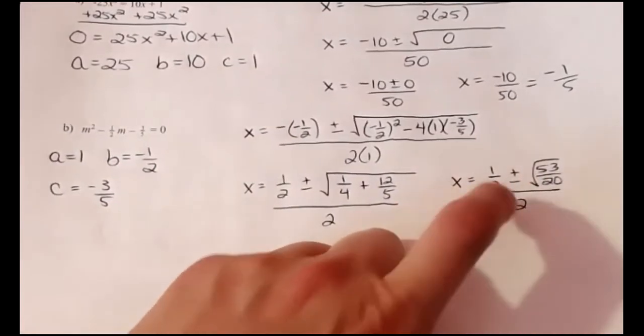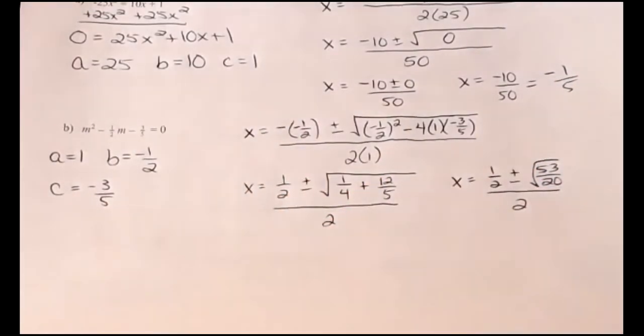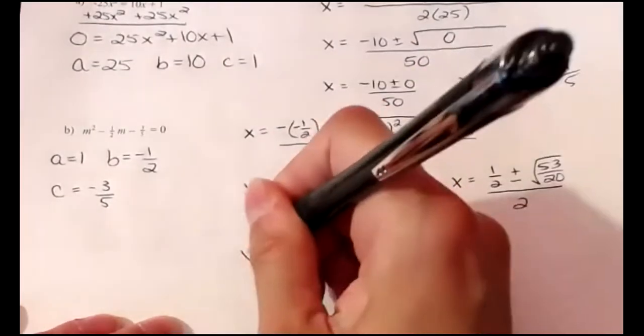So instead of going through the process of rationalizing and subtracting and dividing by 2, let's actually plug this in and find decimal solutions, okay? So 1/2 is simply 0.5